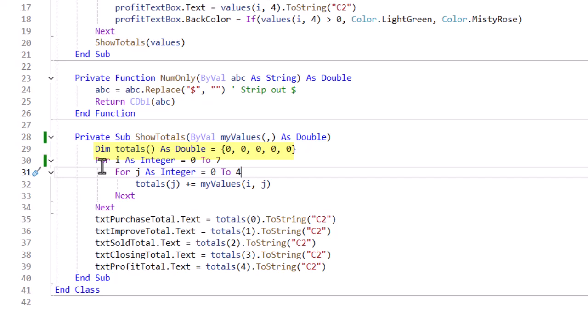And then I created another array here. Dim totals as double equals, and I have 5 elements of 0. Those are going to be my totals in that last row. For I as an integer equals 0 to 7, I'm going to go through the 8 rows of my table array. And then for j, nested loop as integer equals 0 to 4, that's going to be the columns. And totals element j, that's going to be the totals at the bottom, I'm going to increment that by my values I element j. So each time through each row, I'm going to increment the totals for that house until I get through all 8 houses and I've got my